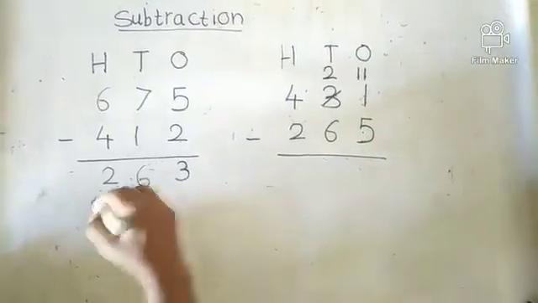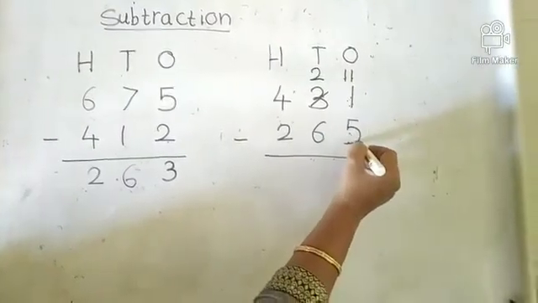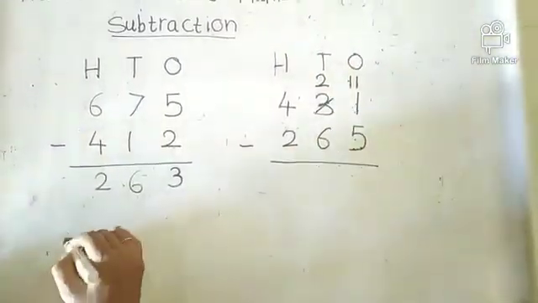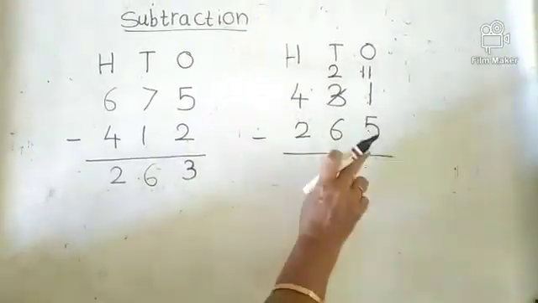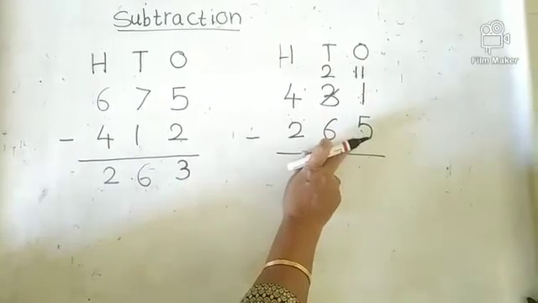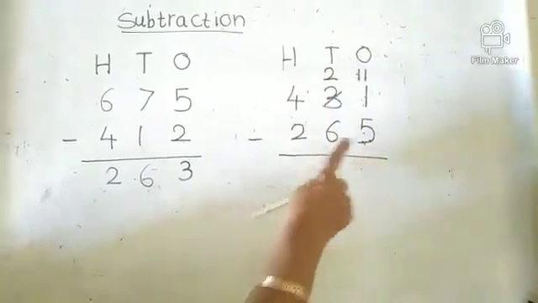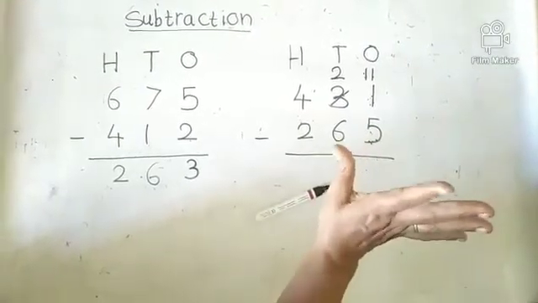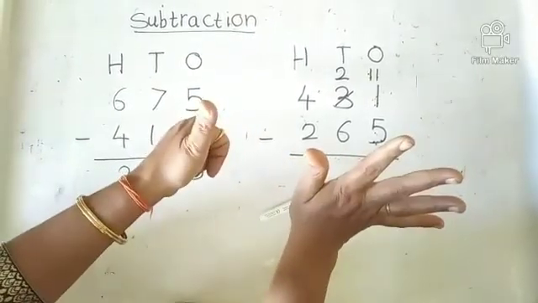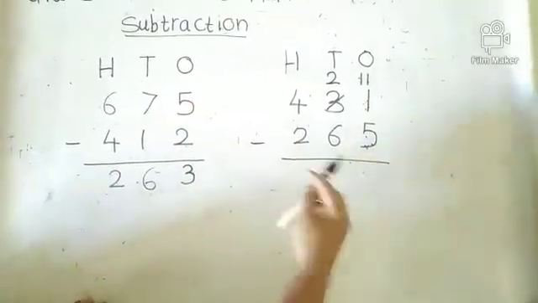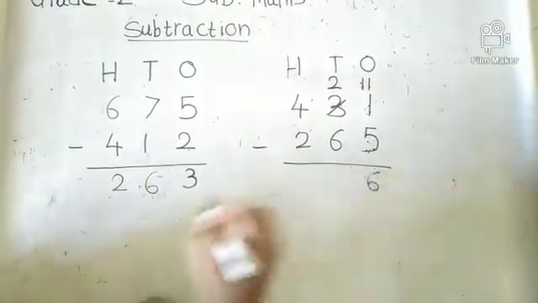How to do? We have to count forward from 5 to 11. Otherwise 11 objects and then cross out 5. We will count forward till 11 now. 5, then 6, 7, 8, 9, 10 and 11. How many numbers? We get 6 numbers here. So 11 minus 5 is equal to 6.